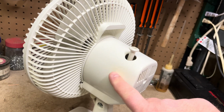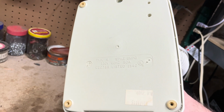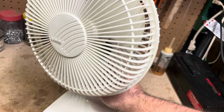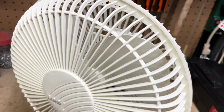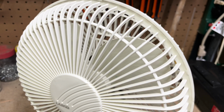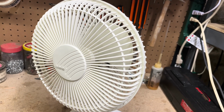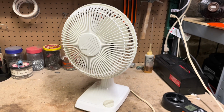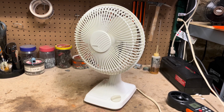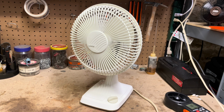There's a little bit of a yellow blemish here in the plastic, but aside from that, looks pretty good. I do believe that this is the same blade that they're currently using on the new Air King 9-inch fans today. It might even be the same blade and motor combo. Basically the same fan, except this has a plastic guard. I bought a new Air King 9-inch fan earlier this year, and it was just terrible. Mostly, I think, because of the blade. It has some other issues too, but